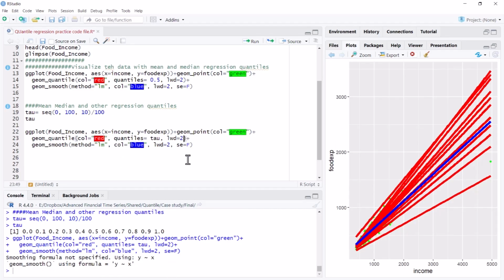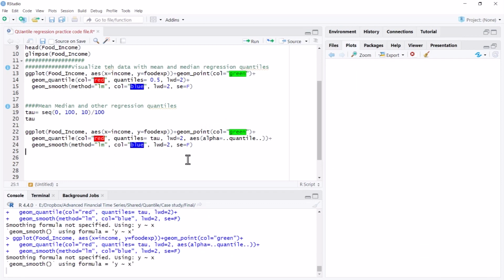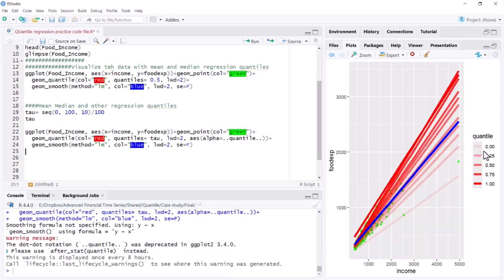So there's a very interesting parameter through the aesthetics argument which I can supply. A is alpha. This alpha argument will ensure that these quantiles are plotted with different transparency, so I can differentiate between them. You'll see the lower and higher quantiles. And when I run this, you'll notice now there is a difference in transparency. For example, the lower quantiles are more transparent while the upper quantiles are more dark. So these upper quantiles represent the relationship at higher quantiles.